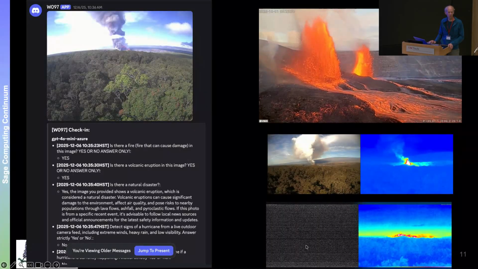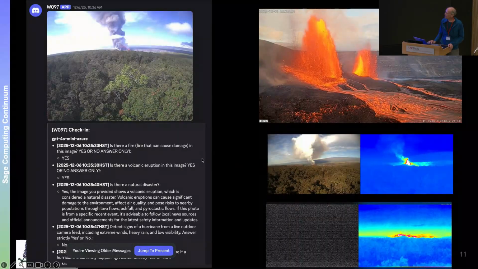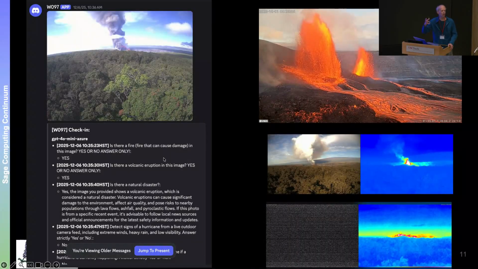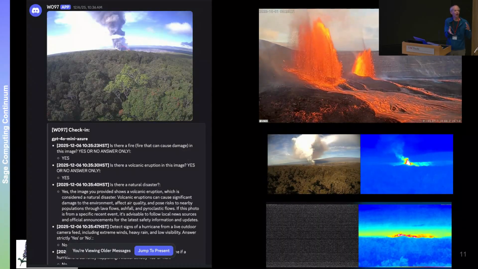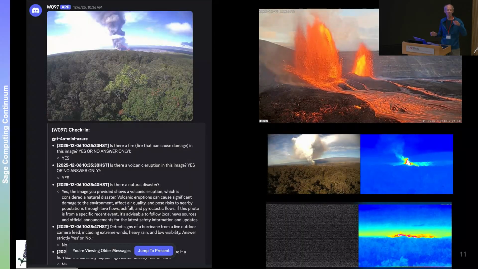Of course, at night, we can't see anything, but the infrared image still shows the glow. And a model called Moondream is being run at the edge, and then the students hook this up to a Discord channel. So now they get Discord notes when the volcano is erupting, right? So this is the kind of thing that this infrastructure provides, is people to start to explore, how would I plug